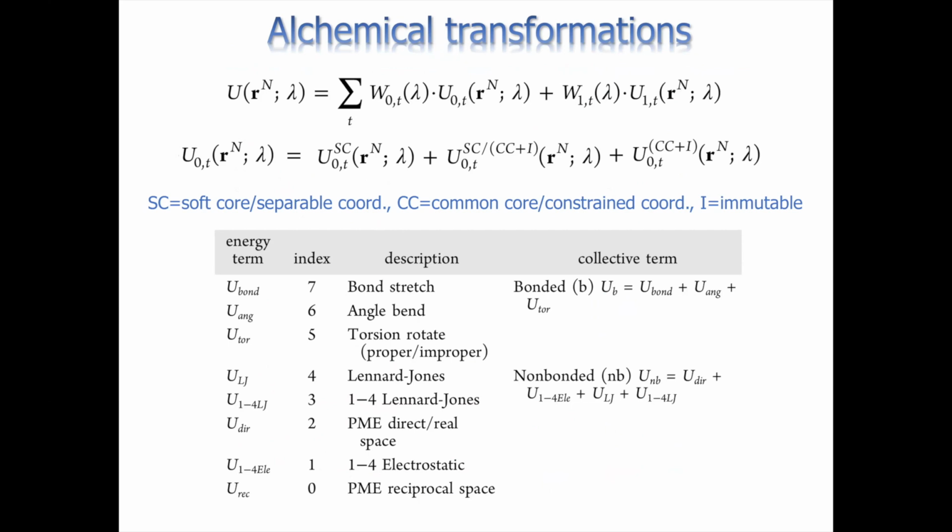The soft core region, or separable coordinate region, is where you're going to have 2 copies. Those would essentially reflect atoms that are disappearing while another set of atoms are appearing, and they can be different numbers of atoms. The fact that they can have separate coordinates is called a separable topology, and those 2 topologies don't see each other. So as you're, for example, growing in an amine group, your amine group is not feeling the ether group that's then disappearing.